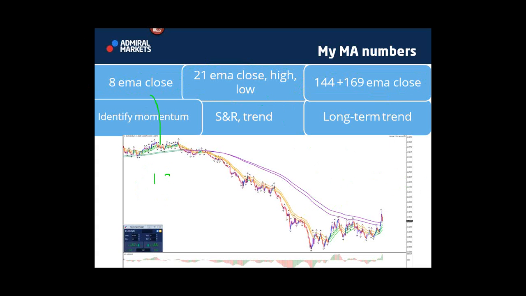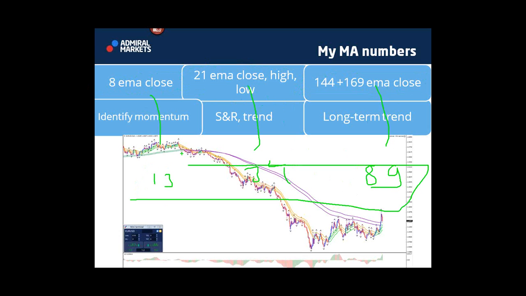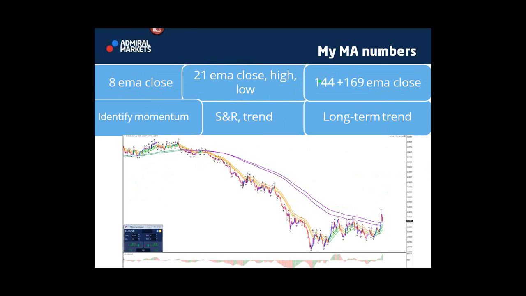Or here 13 and here 34 and maybe even 89, if you want to squeeze it a bit more. I don't know. Those are all possibilities. I like this personally, but those are definitely possible as well. Or even a 5 here and 21 and 89. There are a ton of possibilities like that.